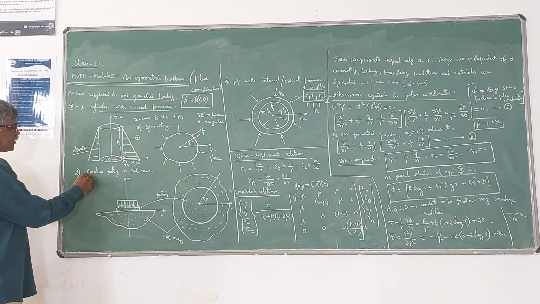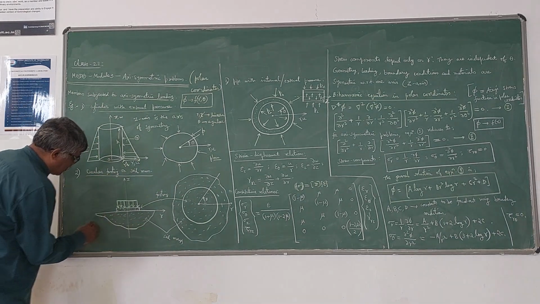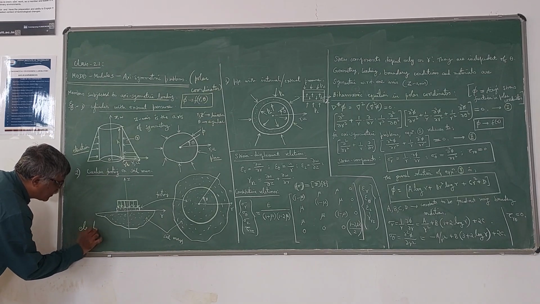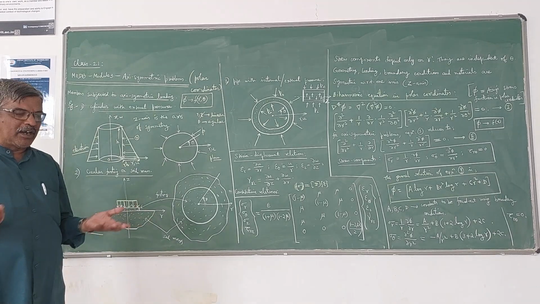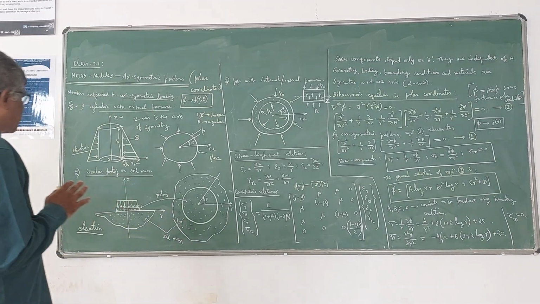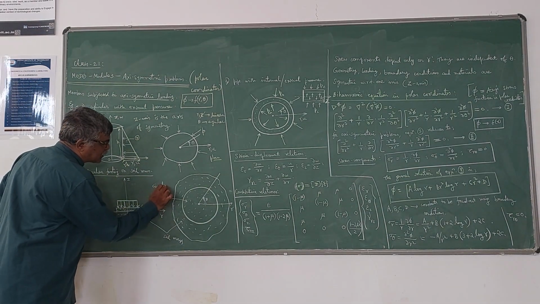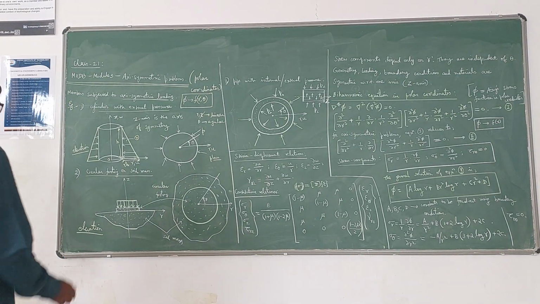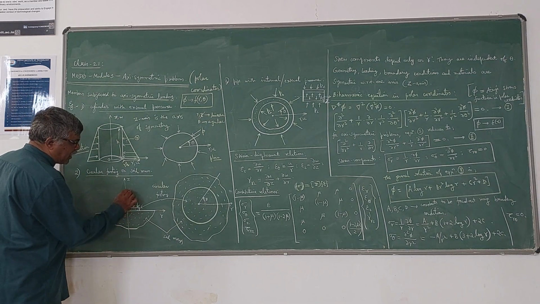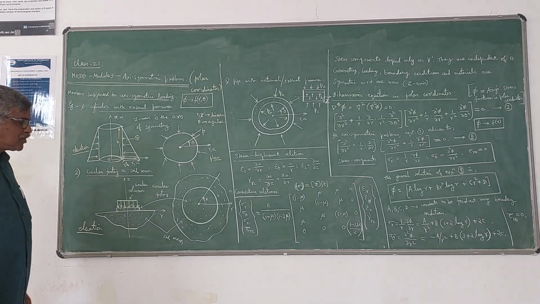Another example is a circular footing on a soil mass. So this is the soil mass. You can see here, once again, this is the elevation. Normally you are going to have footings for different types of columns. Here I will take a circular footing. So this is the circular footing. It is designed to carry the load from a circular column. So you may have a circular column here, and that column is resting on the circular footing. So this is another example of an axisymmetric problem.